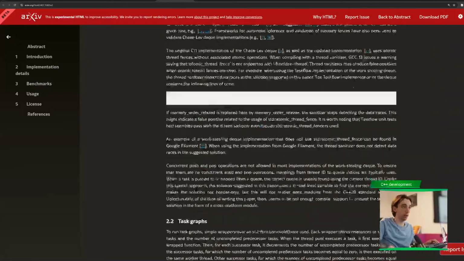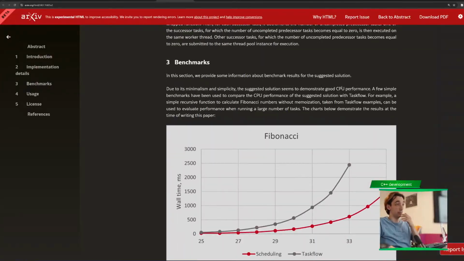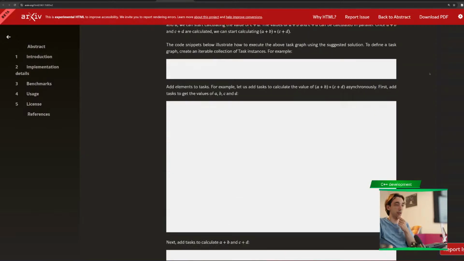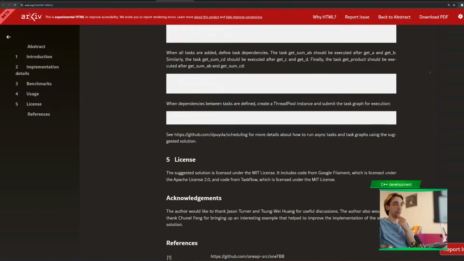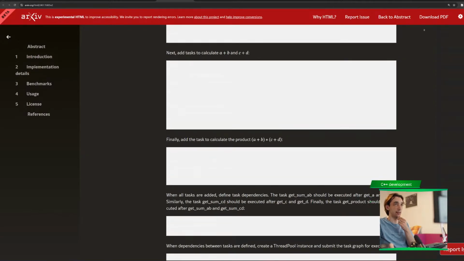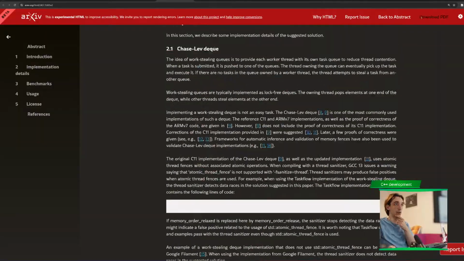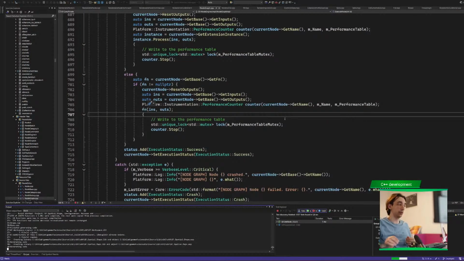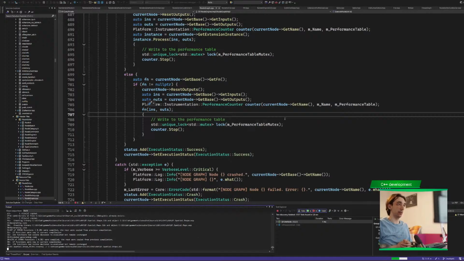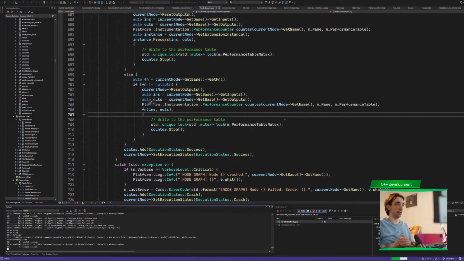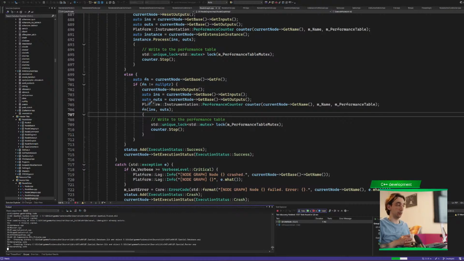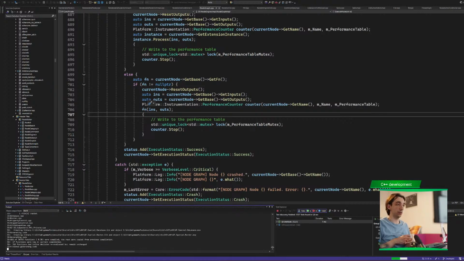I will read a little bit more and make an environment where we can really test the limits of the thread pool itself, and find all of the bugs for the thread pool, because this is not an easy thing to measure and